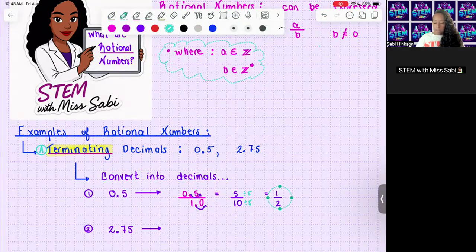So 0.5 is 1/2. That is the fraction. Now, the great thing is I have these calculators that I always tell my students to get. I don't know if they'll let you show that, well, with my virtual background. It is a Casio natural display. And the great thing about this is if you were to put